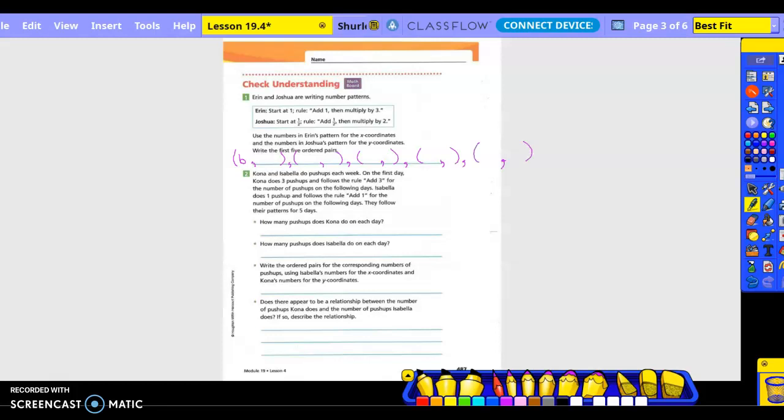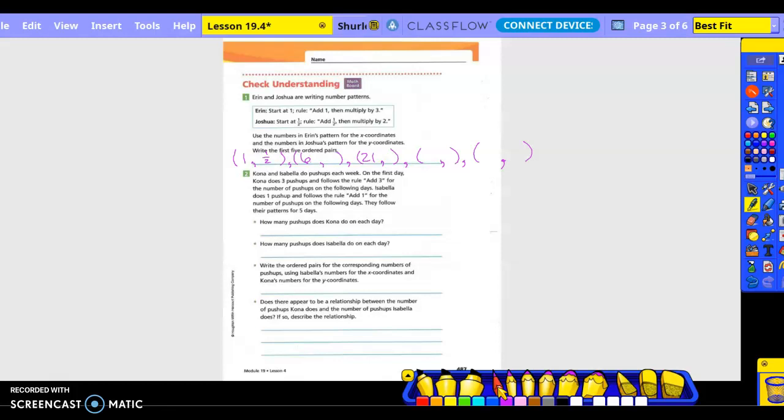Okay, so she's at 6, add 1. 7 times 3 is 21. Okay. Oh, hold on, guys. They want us to do it this way. Hold on a second. Okay, so we're going to put 6 and 21 here. They want us to do the 1 and then 1/2, like that. Okay. All right. So 21 plus 1 is